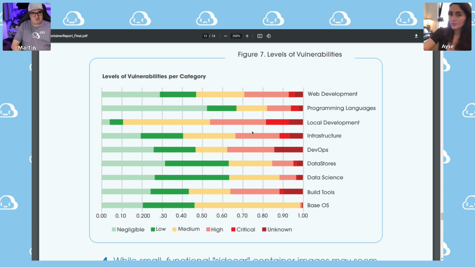It's just remarkable. And so, when we talk about container optimization and minification, we talked about size earlier. Yes, that helps with velocity and momentum, but that's not the only story here. By optimizing those development tools out of your containers, you're also reducing your attack surface and exposure. So, it's more than just a vanity metric.